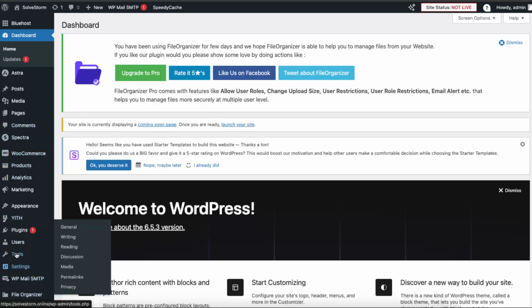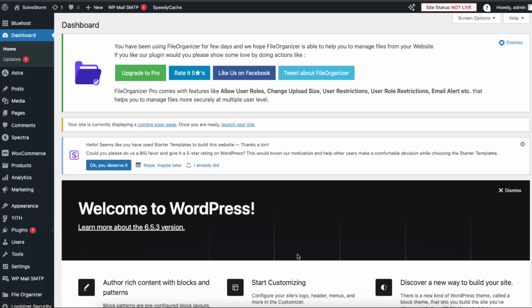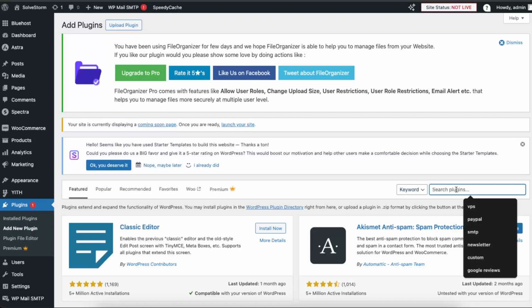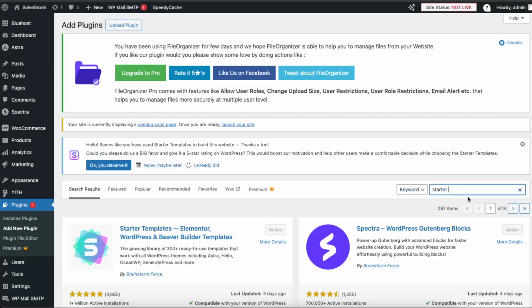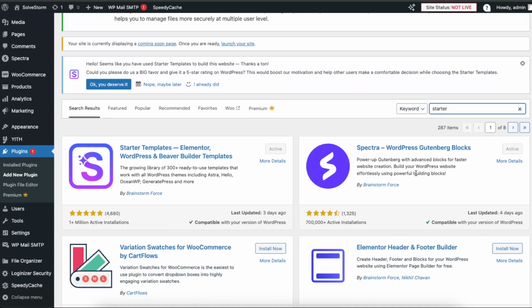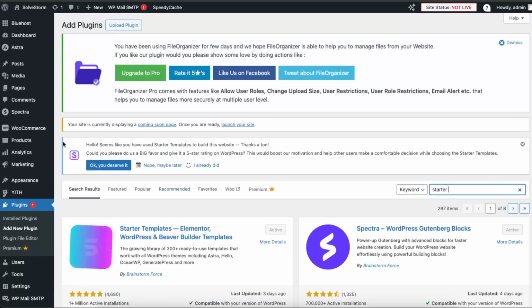You will need to go ahead to your plugins and then add a new plugin. And you want to install, for example, starter templates. Or you can just write templates and find some other template plugins, but I have installed the starter templates with Elementor, WordPress, and Beaver Builder templates. So basically they have a lot of templates which you can use and then edit them and have your own